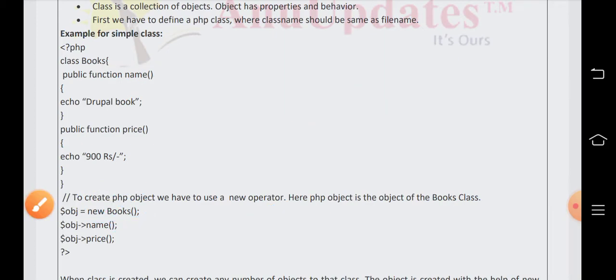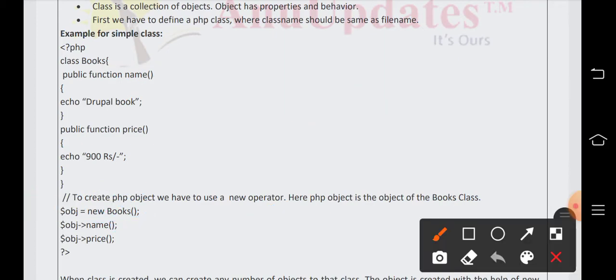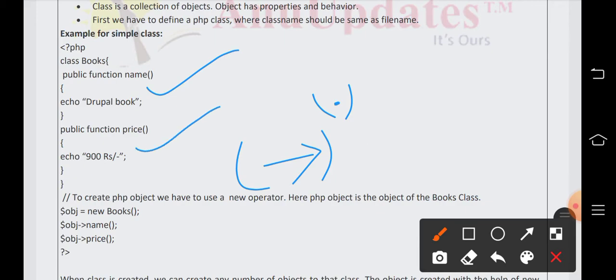And in structures we saw that dot is a member access operator, but here you can see arrow. This is the member access operator. Like we can access functions and data members inside the class. Understood? In structures we use dot as a member access operator, but here we use arrow as a member access operator.